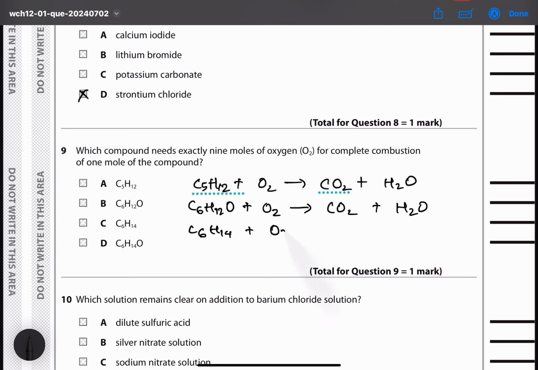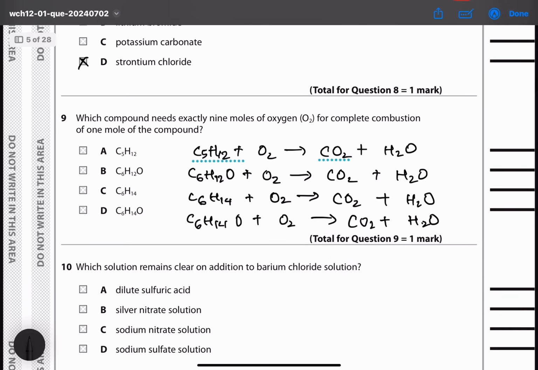C6H14 plus O2 gives CO2 plus H2O. And last, C6H14O plus O2 gives CO2 plus H2O. Now, if we start balancing, 6 carbon, so I need to put a 6 over here,